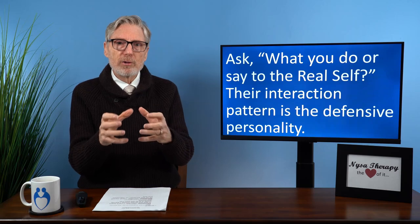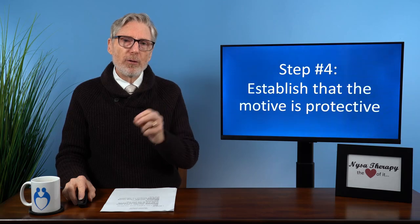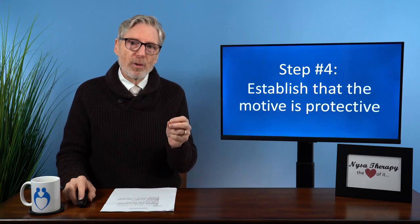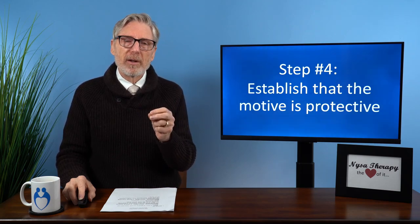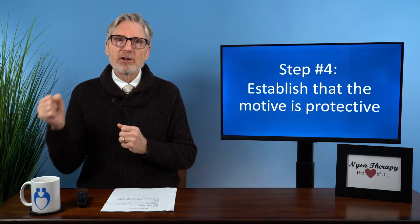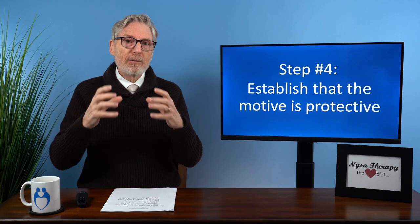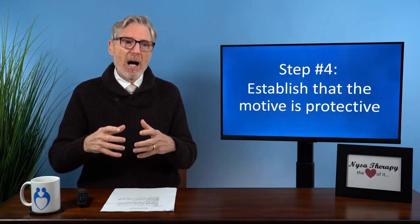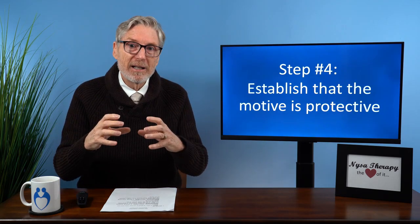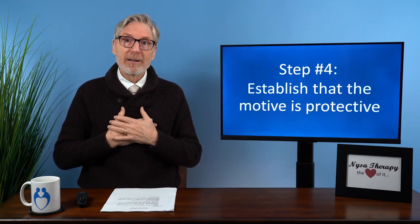This gives us the substance we're going to work with. Step 4, we want to establish that the motive for the defensive behavior, the attack, the control, is protective. Now, if you think about it, when we say that this action is defensive, we're pretty much saying that it's protective. If you have defense mechanisms, no matter how ugly and painful they are on you, the fact that we